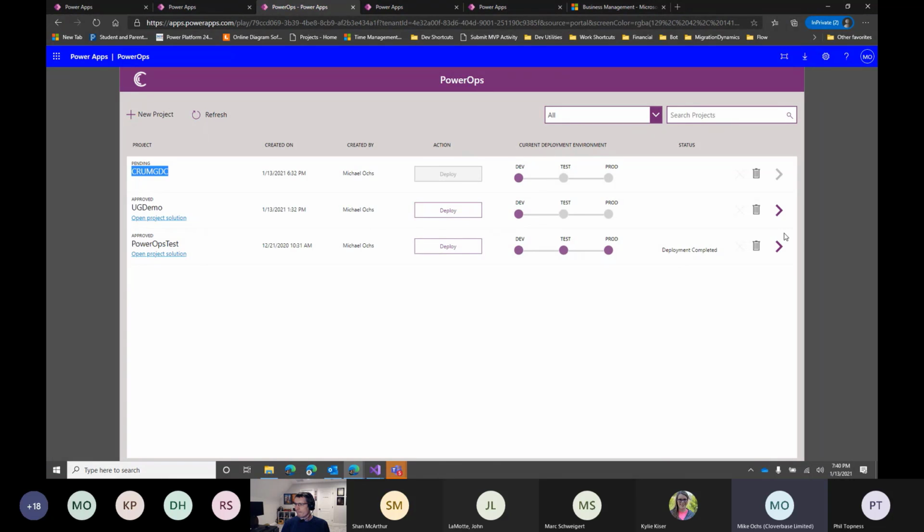I've got a couple of environments or projects set up. Again, this is geared towards the maker experience. You're at an organization, you want to have a little bit of governance, and your admins want some governance over who's creating applications and who's deploying them to different environments. This is geared mostly towards that type of maker. So to get started, you'll create a new project.